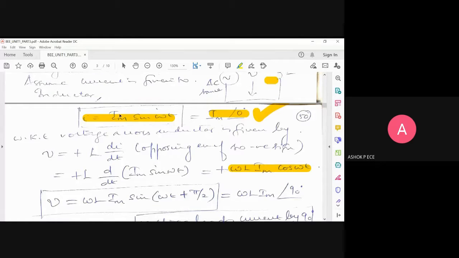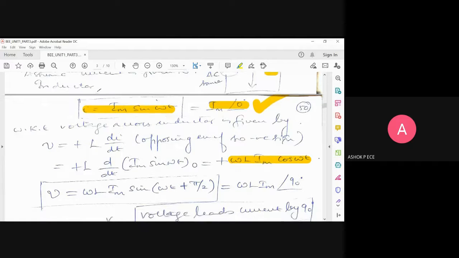Can I draw the phasor diagram between V and I? Yes, sir, first we have to change the angles, convert cos into sine. Yes, you have to remember the rule I told you. The first rule is amplitude should be positive, and you see the amplitudes are positive. And the angle should be the same function: sine or cos only is allowed. But here you have sine and cos, so you have to convert this cos into sine.